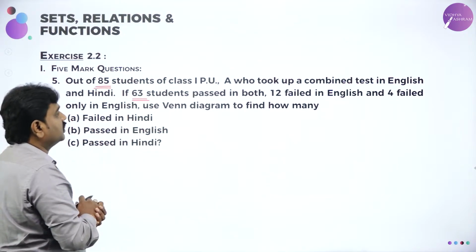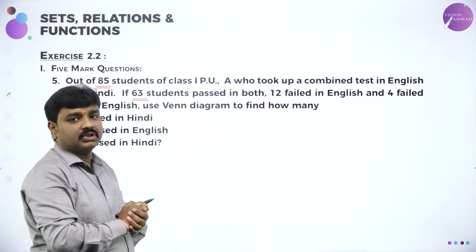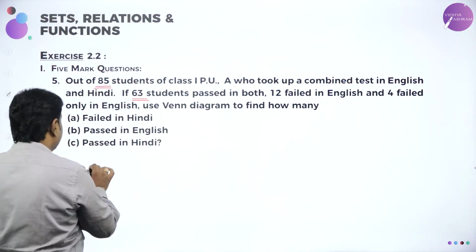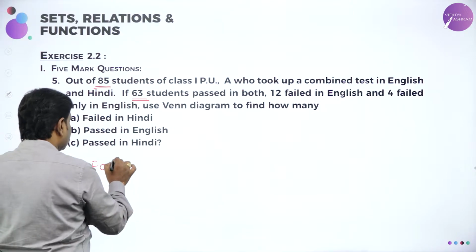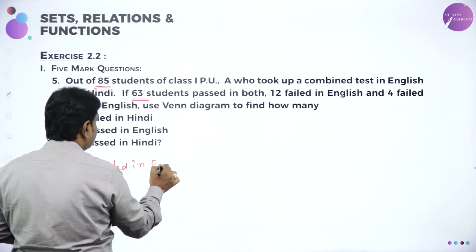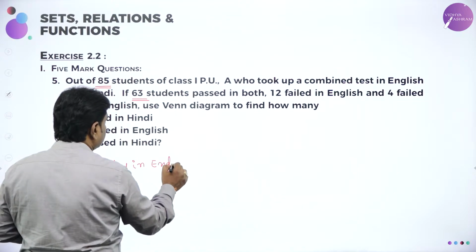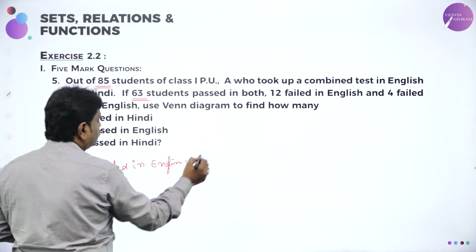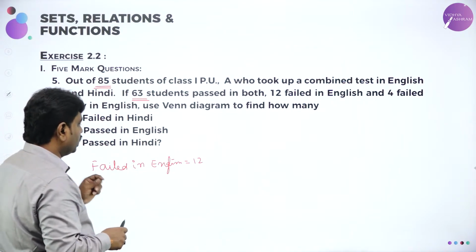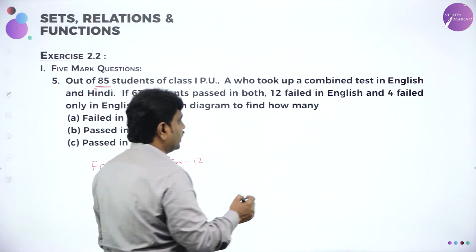63 passed in both. And 12 failed in English. So, failed in English they give, that is 12. And they also gave 4 failed only in English out of 12. So, if I draw a Venn diagram,